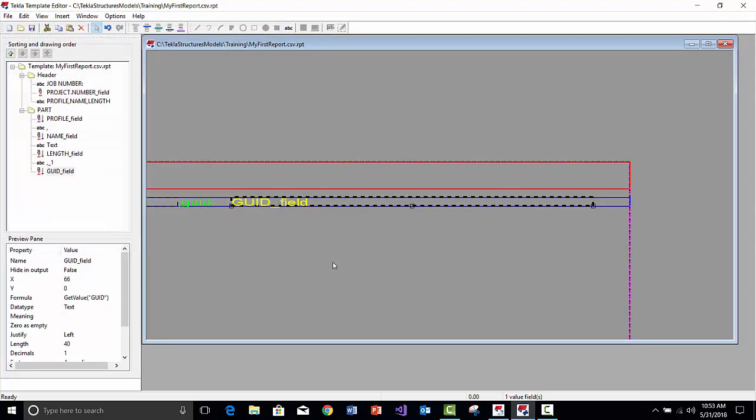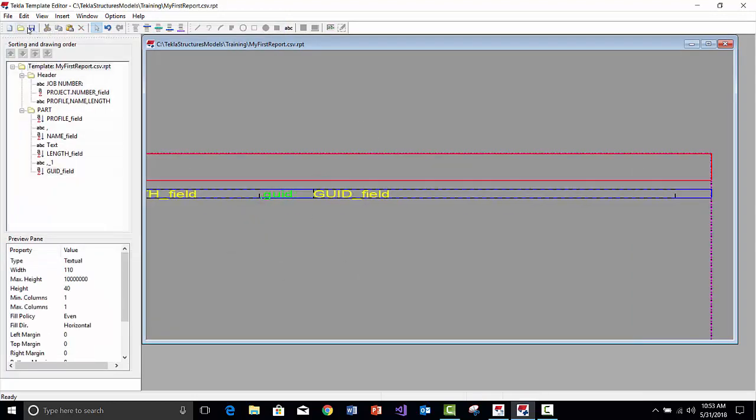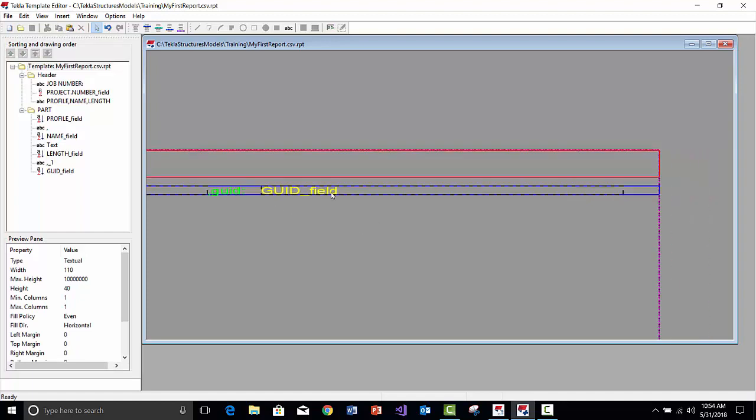And then we'll say okay. And then I think we've got everything set. So let's go ahead and save. And now we're okay. Now, basically what's going to happen is every object that's in the report is going to